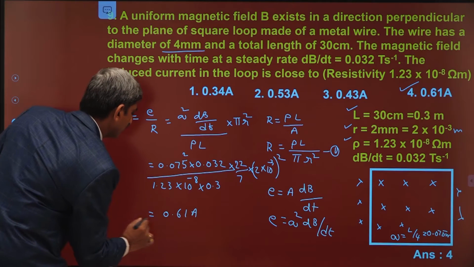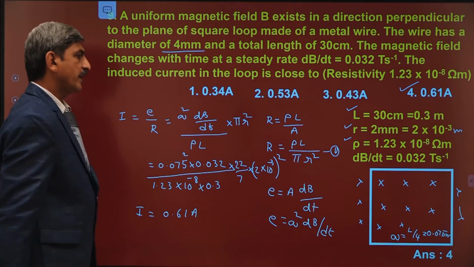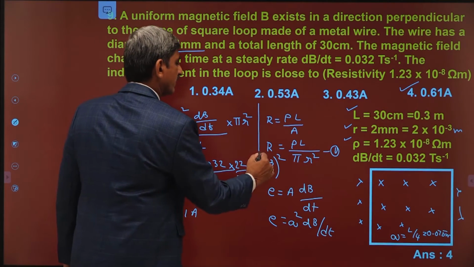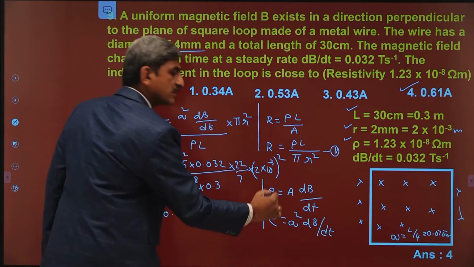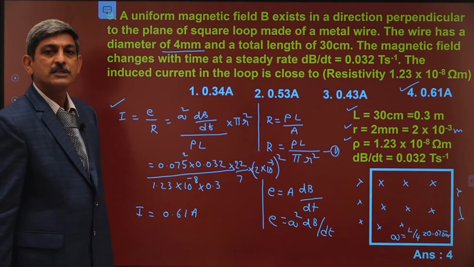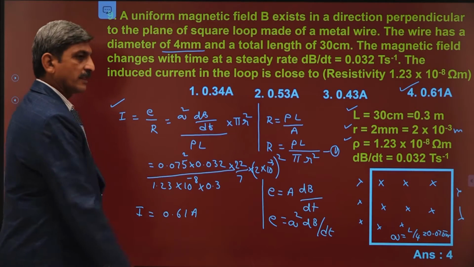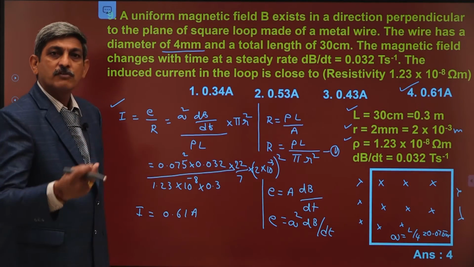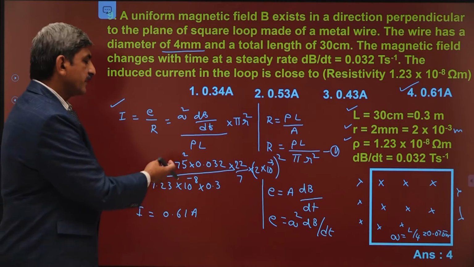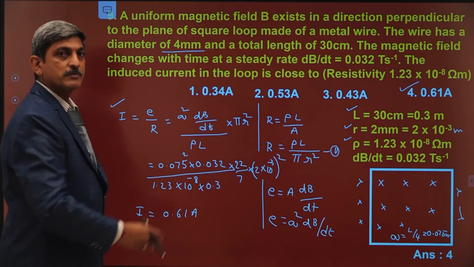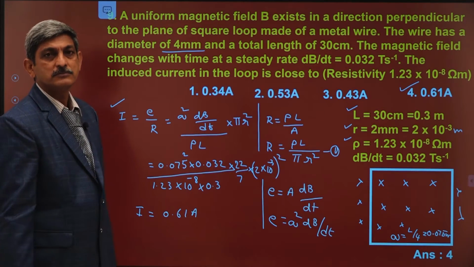After completing the calculation part, here we use three concepts. One is the calculation of the resistance value. The second one is the calculation of the EMF value. After that, calculation of the current by using Ohm's law, right? But here the mathematical calculation is somewhat complicated, so it takes much more time. So in point calculations, this problem is under the difficult problem level.